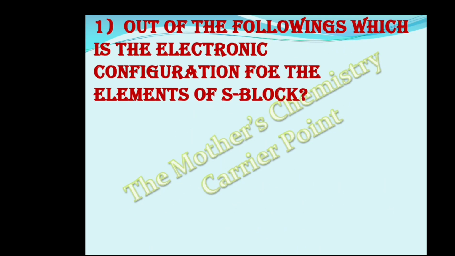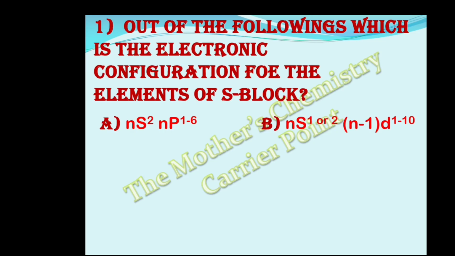Out of the following, which is the electronic configuration for the elements of S block? Option A, ns2 np1-6; B, ns1 or 2; C, (n-1)d1-10 ns1 or 2; D, none of these. The electronic configuration for S block element is ns1 or 2. For P block element, it is ns2 np1-6. For D block element, it is ns1 or 2,